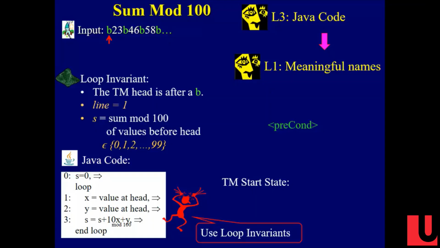I told you, the question is going to have a lot of questions. One of the questions will be, what is your start state? Well, at the start, what line am I on? 0. What do I know? Well, when I'm on line 0, I haven't executed line 0 yet, so S hasn't become 0 yet. I'm just sitting right here. I haven't done anything. What does the Turing machine know initially? It can say line 0.